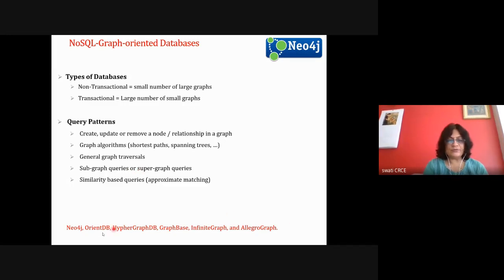These are different names of graph databases: Neo4j, OrientDB, HyperGraphDB, GraphBase, Infinite Graph, AllegroGraph. AllegroGraph is also famous, but we are going to concentrate on Neo4j. Because in the exam, they will ask you a question for 10 marks where you need to explain something about NoSQL and explain in detail two different NoSQL databases. So this particular portion is for 5 marks, and it is always asked in the exam.